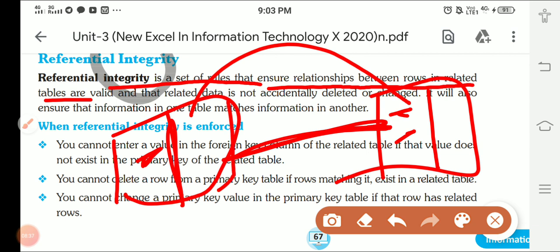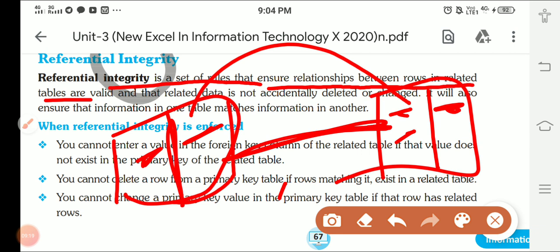It will not happen that one child has a different value, or the same child contains different values in this table. Okay, you go to the railway station for reservation. What you have seen is that when you reserve any seat in any train, it is automatically updated throughout the nation. This is because their tables in the database are connected with all the tables throughout the nation. So this is possible because of referential integrity, that if we make changes in one table, it will automatically be updated in all the tables.